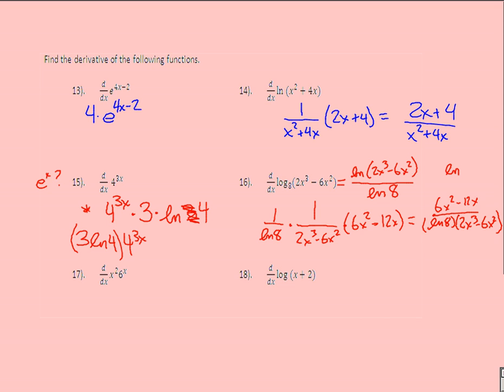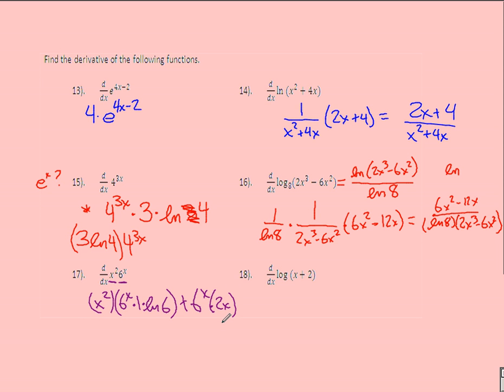Alright, and this last one down here. This first one we have, number 17, we have two things multiplied, we're doing product rule. So, first times derivative of the second. It's an exponential, so I rewrite it. Multiply by derivative of the inside, derivative of the top is just 1. So multiply by 1 if I wanted to. Times, I also need natural log of the base, natural log of 6. So that's first times derivative of the second, plus the second times the derivative of the first, which is 2x,